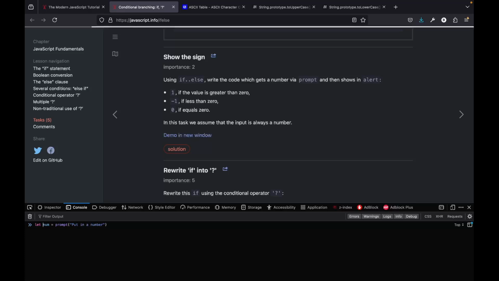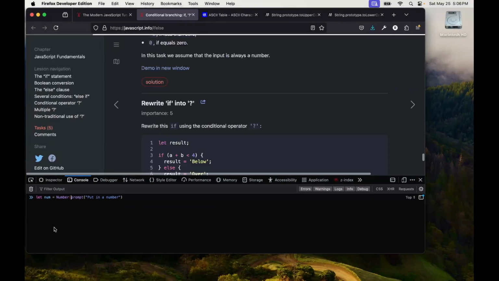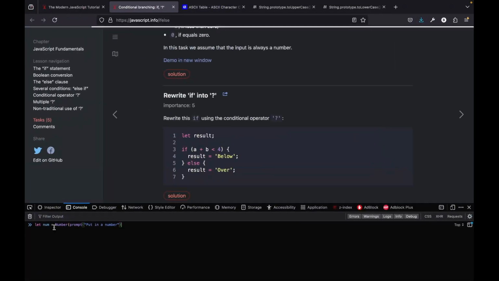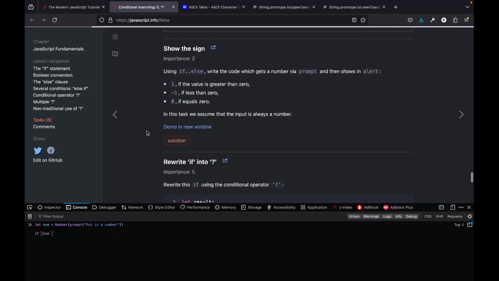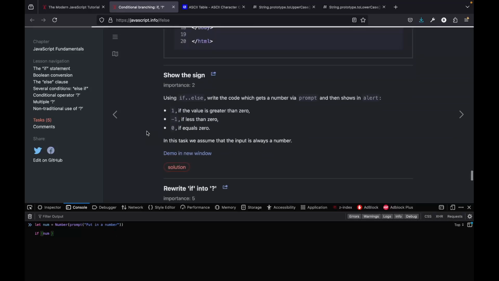And then I'm going to, right out of the gate, since I know I want to do math on it, wrap it in a number so that I know it's a number. And so then what we can do is we do if number is greater than 0,